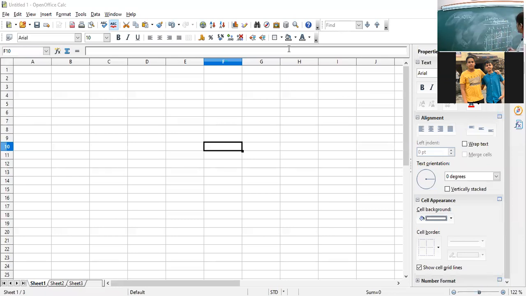So two components we discussed yesterday are the name box and the formula bar. Now tell me what will be the content in the name box and what will be in the formula bar. If I am currently on this cell, the name box shows the address of the active cell.